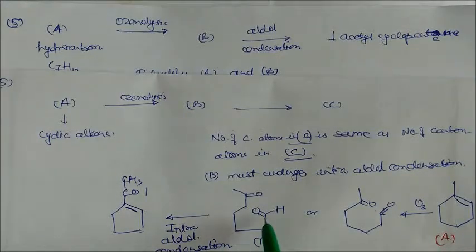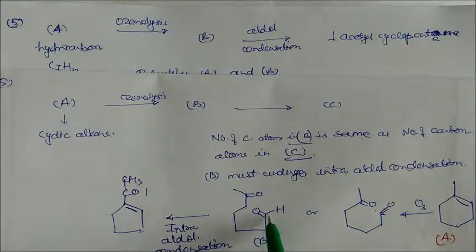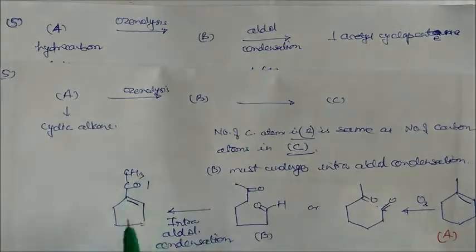So this will attack over this carbon. So definitely oxygen this side, oxygen this side. So after aldol condensation, what will happen? They will form a double bond here on this side. So this could be a structure. We can write this structure in the form of B, this also, or this also. So this is looking like a hexagon. So these two oxygens will be eliminated and we can form a double bond. So A is this compound. This is your cycloalkene, and this is your acetylcyclopentene. So the answer for this question is this one.